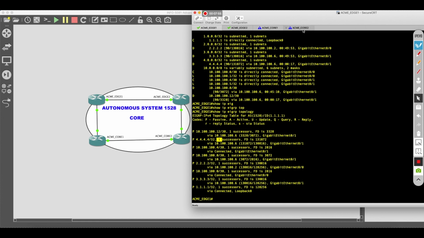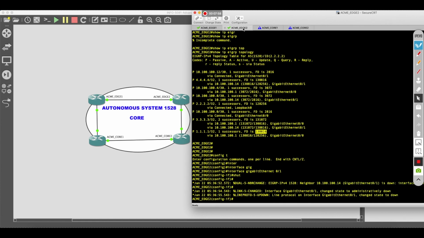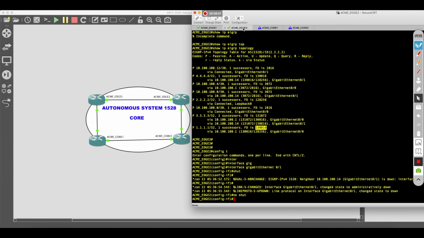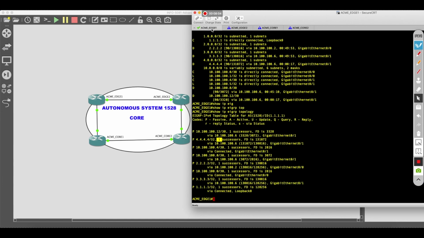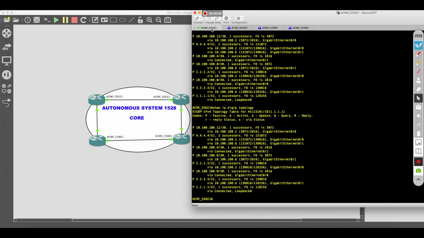Okay, so if we go back to Edge 2 and we do a no shut, we let the routing protocol converge, you can see that it's repopulated itself because Acme Edge 2 has now notified Acme Edge 1 that this path is now up. So it's routing by rumor, right? Acme Edge 1 does not have a purview of the whole autonomous system on its own. It relies on its neighbor to tell it when this link is up and when this link is down,